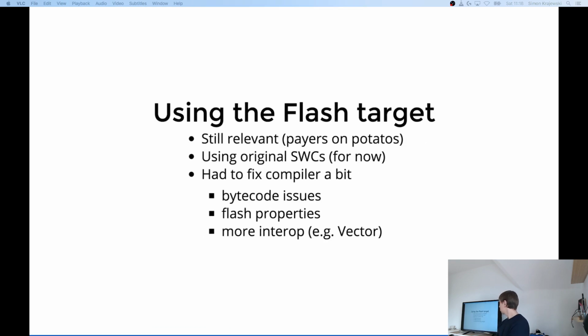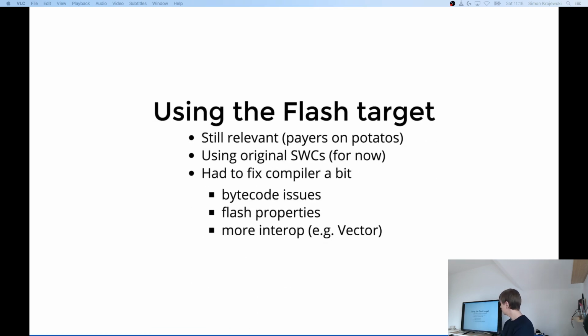I want to talk a little bit about the Flash target, because nobody cares about Flash. It seems so, but apparently it's actually really relevant, because there are a lot of players, at least in Forge, that still have potato PCs, which are really slow and old. Same here. Yeah, and